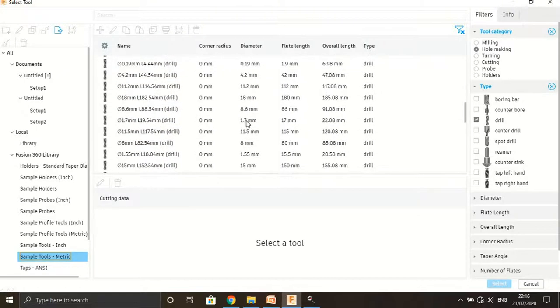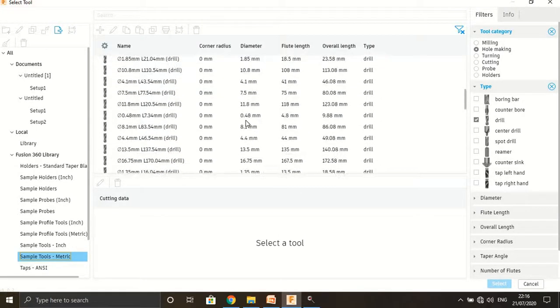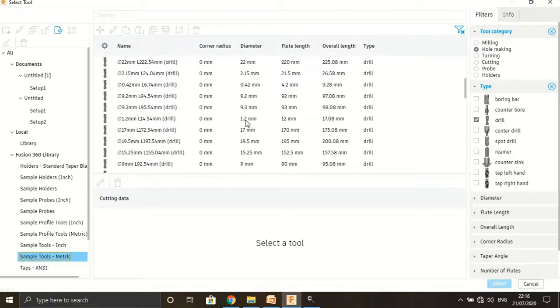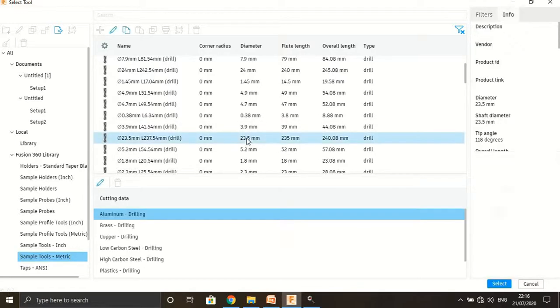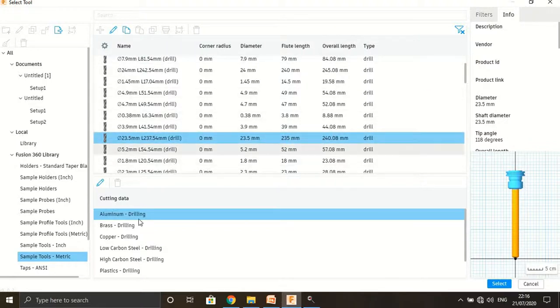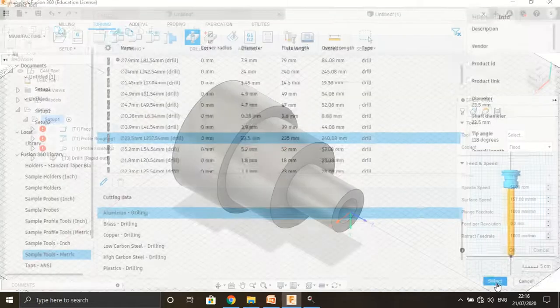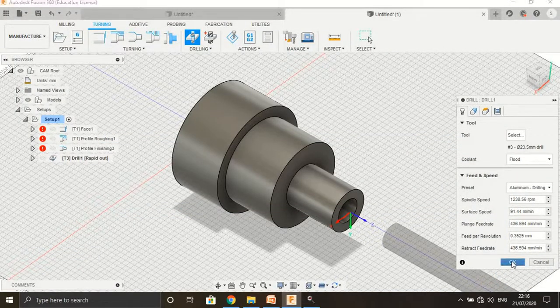So these are the tools available: 15 mm, 19 mm, 16 mm, near about 23.5 mm, and total length is 200, fluid length 240 mm, overall length. We can select the tool for different types of metal, plastic, carbon, steel, copper, brass. Select the tool, then press OK.